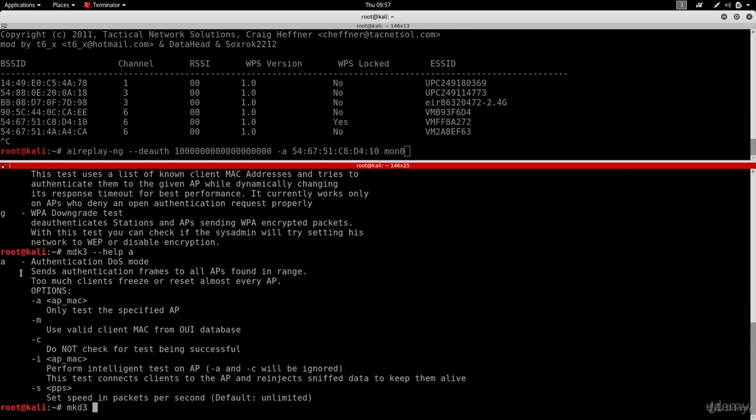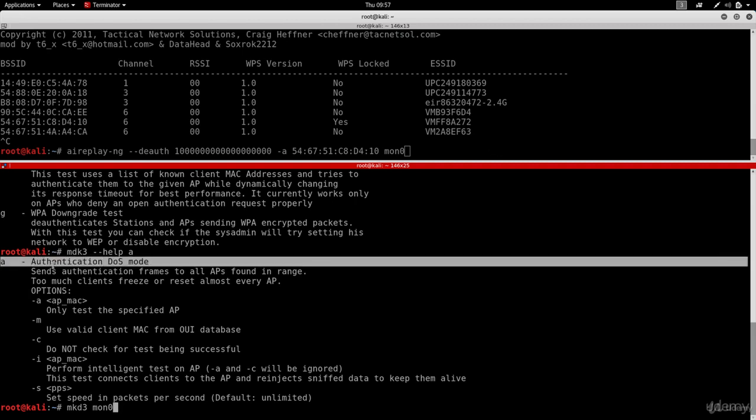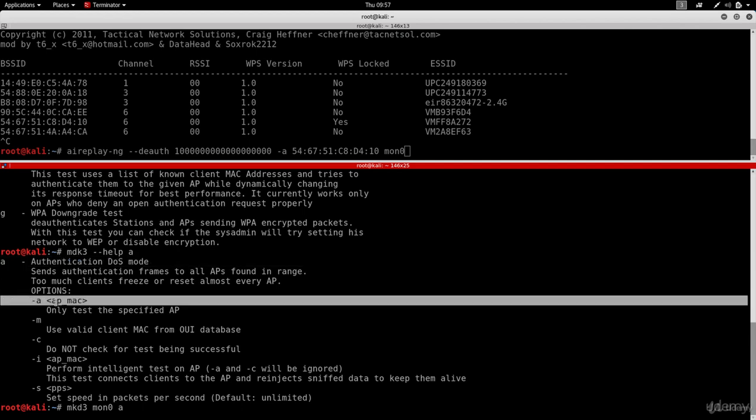Then we're going to give it the interface in monitor mode, and it's mon0 in my case. Then we're going to give it the test mode or the attack mode, and that's the authentication DoS mode. So that's going to be -a. And then we want to run that against only one specific router, not all routers. So we're going to specify the -a